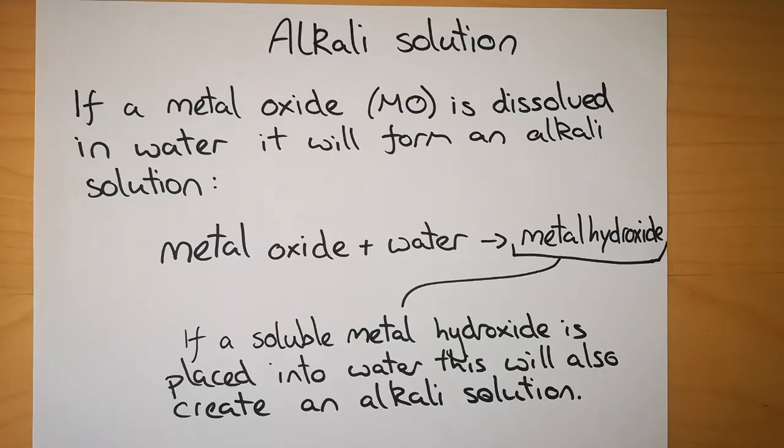So you've got to take a look at the data booklet, a little bit on the data booklet that tells you whether or not a compound will dissolve. So metal oxide plus water gives you a metal hydroxide. That's a very basic word equation